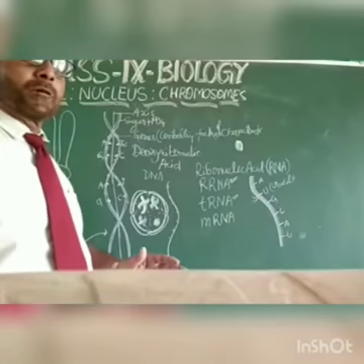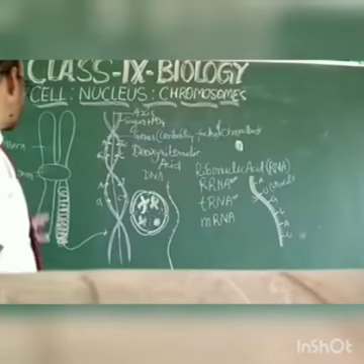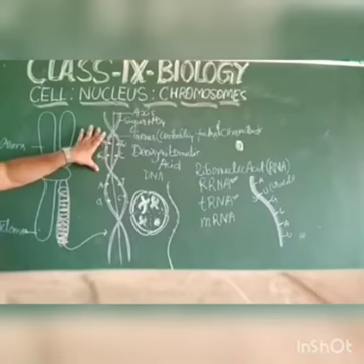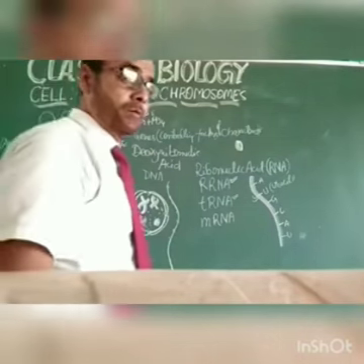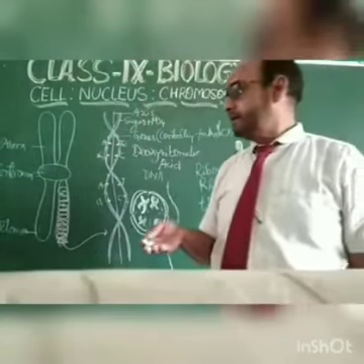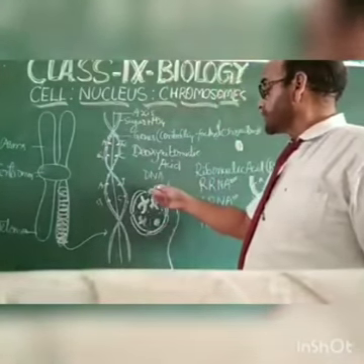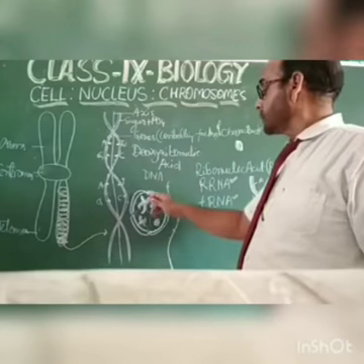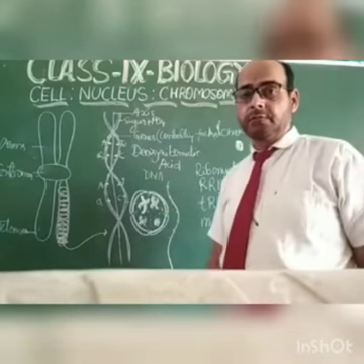How does the number of the chromosomes get replicated? My dear students, the number of the chromosomes gets replicated by the process of the replication of the DNA in the nucleus. What is the role of the nuclear pore? Dear students, the role of the nuclear pore is to facilitate the exchange of the different material from the nucleoplasm to cytoplasm, and from the cytoplasm to the nucleoplasm.